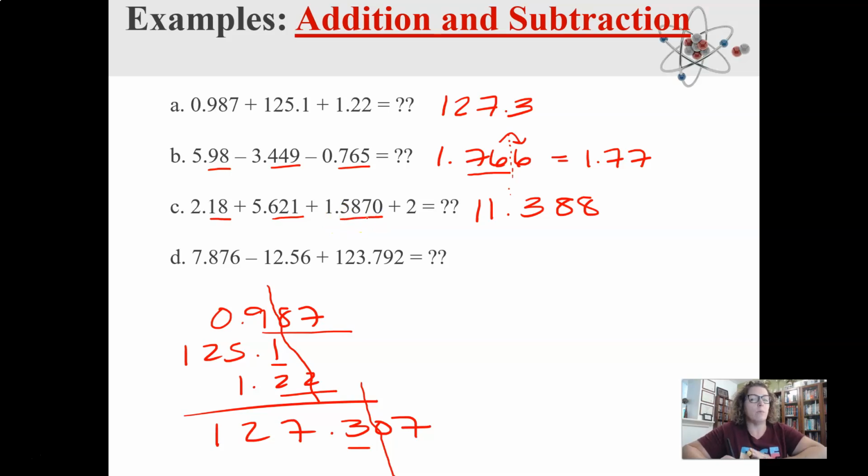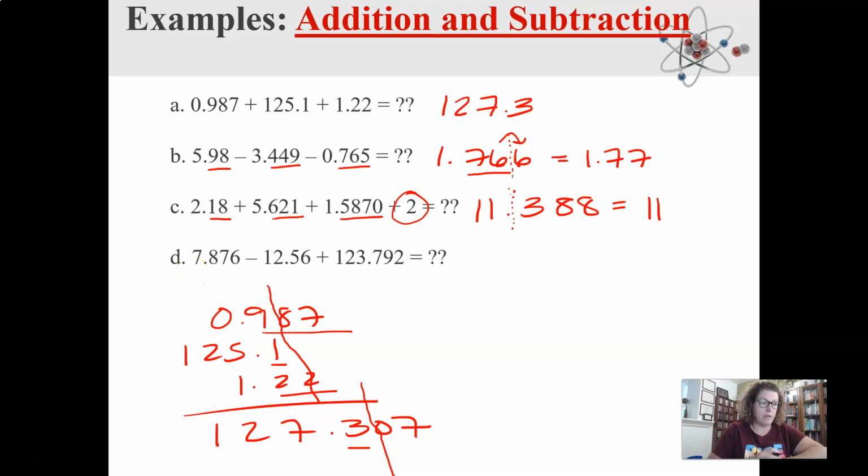Now remember, when adding and subtracting, it's not really about sig figs, it's about digits after the decimal. So 0.5870, I see 4. But this number right here, there's nothing after the decimal. So I have to follow the rule, the least after the decimal, which means this number is going to dictate the rule. So my answer can't have anything after the decimal. So I'm going to cut it right there after that 11 point. So the answer simply is just 11. Okay. The last one, part D,